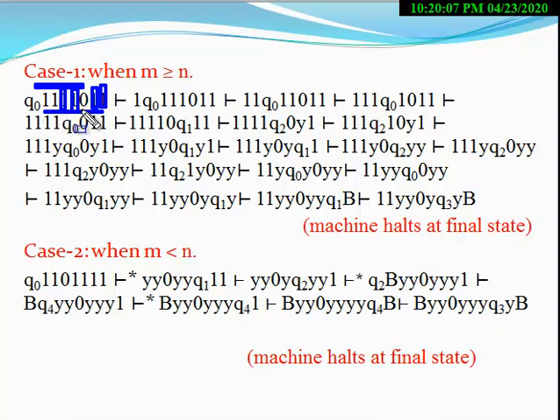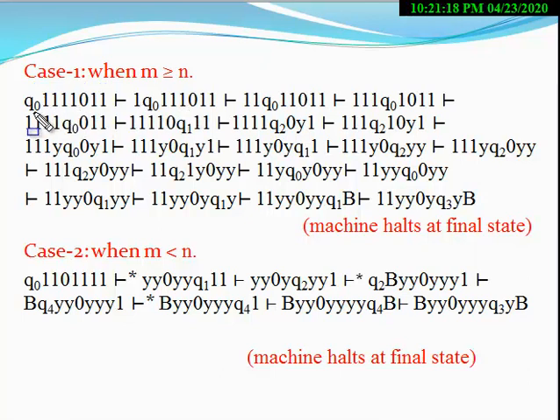When the machine moves to the right of 0, it removes the first 1, then moves left and removes the first 1, again moves right and removes the next 1, again moves left, and after 0 it removes the first 1, right? This process continues till the number of ones after 0 becomes empty, right? At this situation the machine goes to the final state. Okay, now we apply this process here.